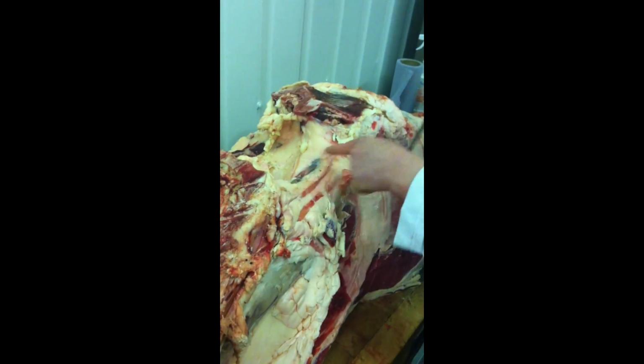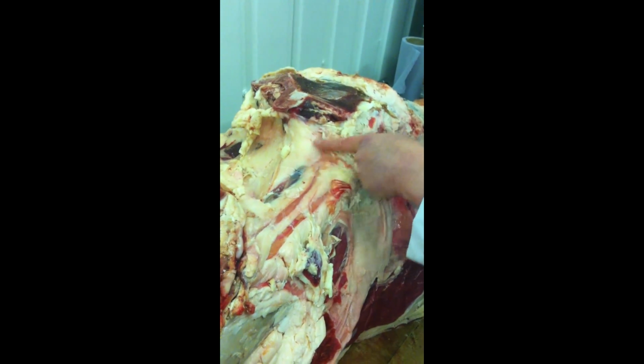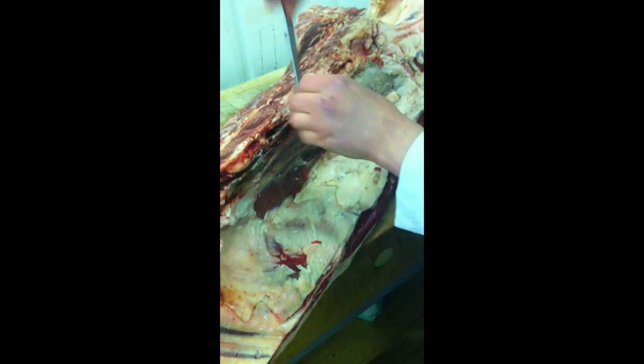But first of all, I'm going to take the fillet out, because the fillet actually runs up a little bit further into here, and it's just the head of the fillet. I just want to take that off with it. So I'm going to start down here. I'm just going to remove